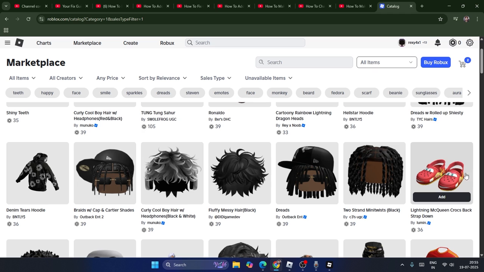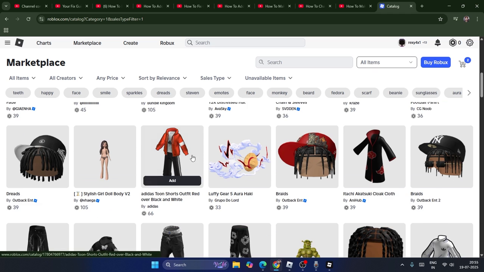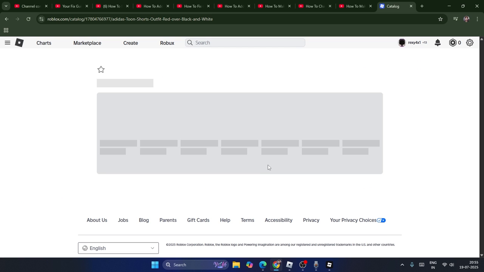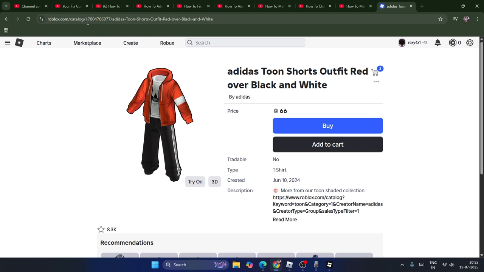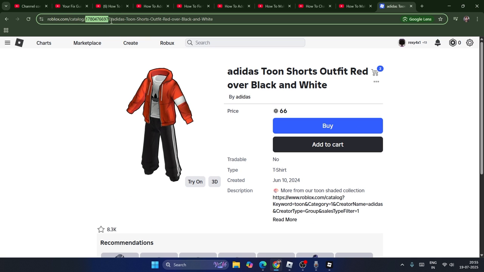Even if you want the slippers, you can do this. And even if you want a complete jacket like this, or if you want any kind of heads, you can do this and all. So I really find this really good, so I'm going to add this as well. Let me go over here and find this particular number at the top. Now let me copy this particular number,